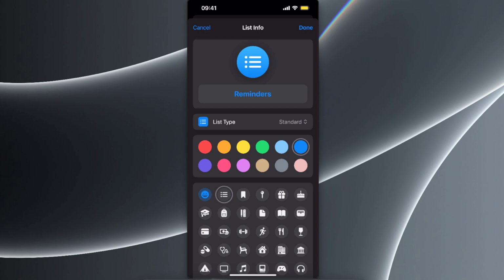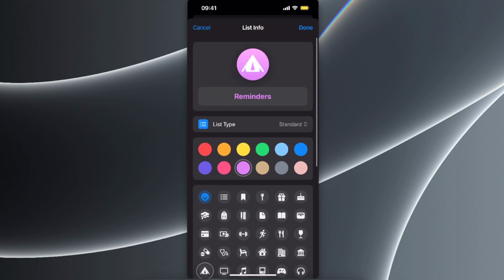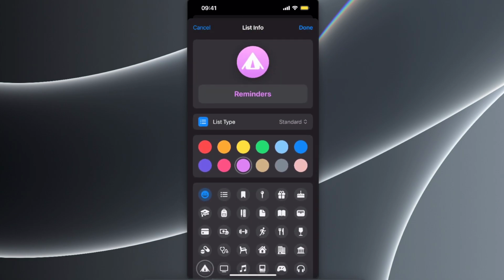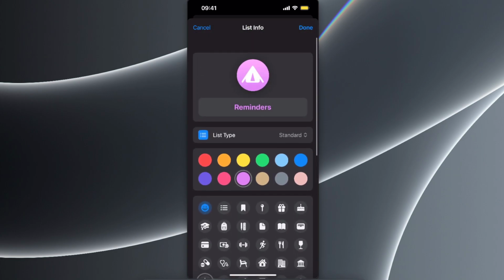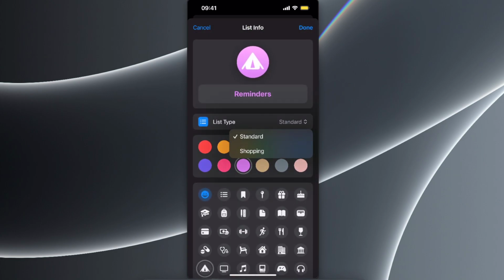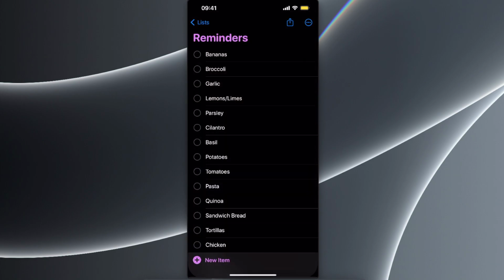And after this, as you can see, you can choose coloring and so on. You can choose emojis, and as you can see, there's a convert to smart list and also list type. So you want to choose shopping, and this will basically organize items automatically using sections. You're gonna click done,